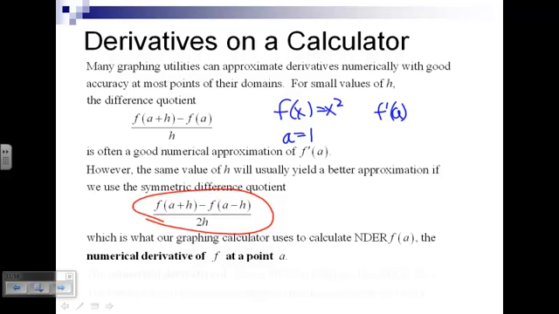Well, for a small value of h, maybe 0.001, we could say this is approximately 1.001 squared minus 0.999 squared over 2 times